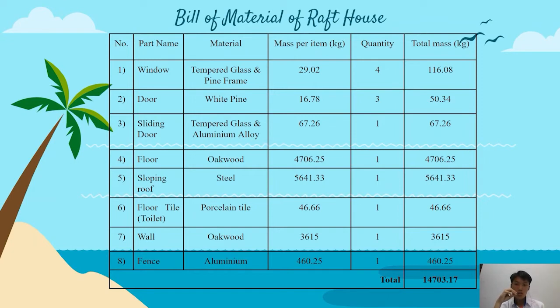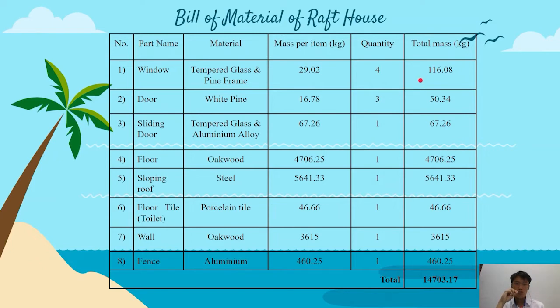After inserting all the data, we get the result of the window frame equal to 14.31 kg and the glass equal to 7.354 kg per glass. Since a window has a window frame and two glasses, the mass per item is equal to 29.02 kg. And there is a total of 4 windows in the raft house, so we need to multiply by 4 and the total mass is equal to